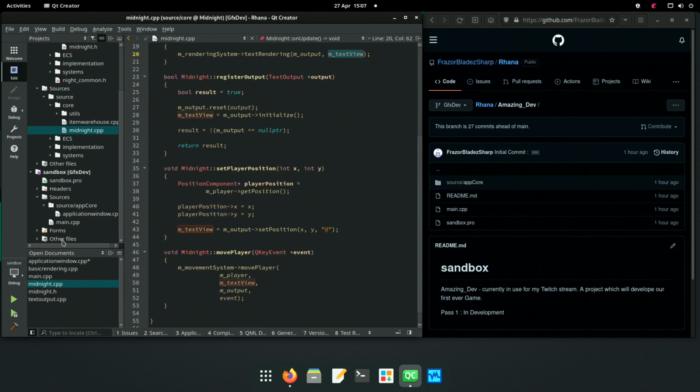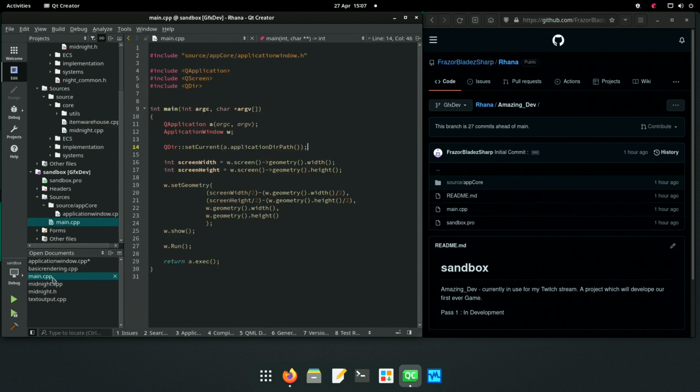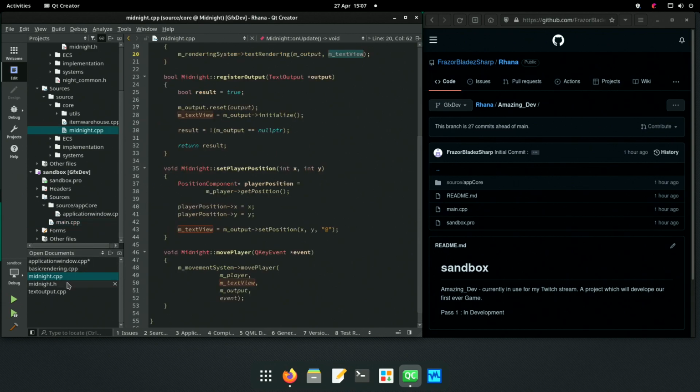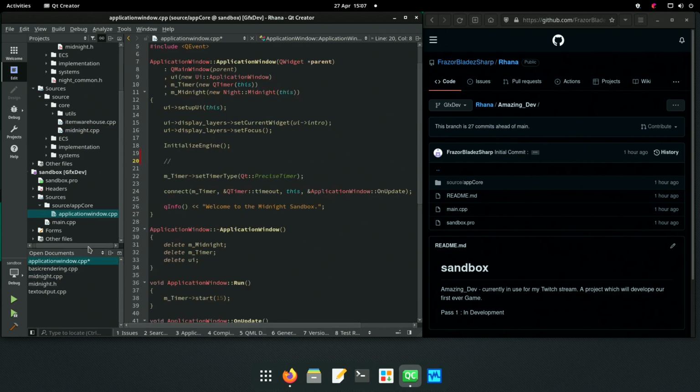Lovely. So one of the things we're going to have to do is rewrite the rendering system with our own mTextView. So we have to look at the entry point to that. So where's our rendering going to get set up? It'll be set up in Initialize Engine, so we don't care about their rendering system.